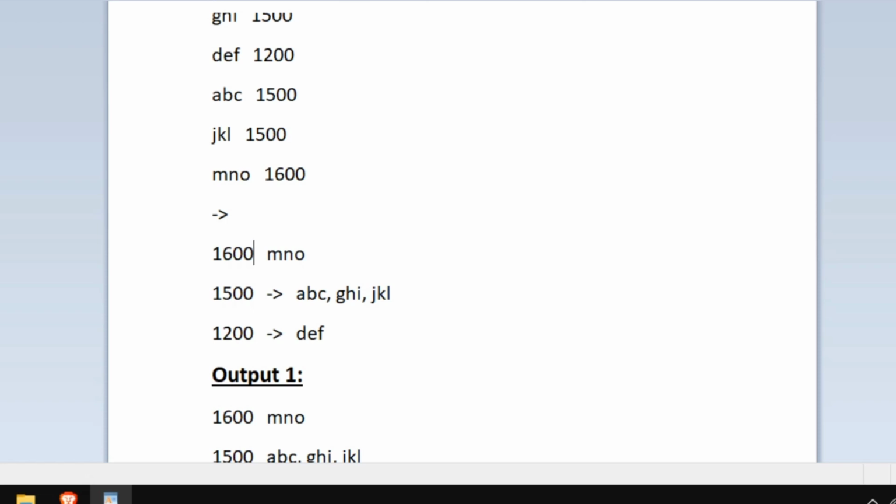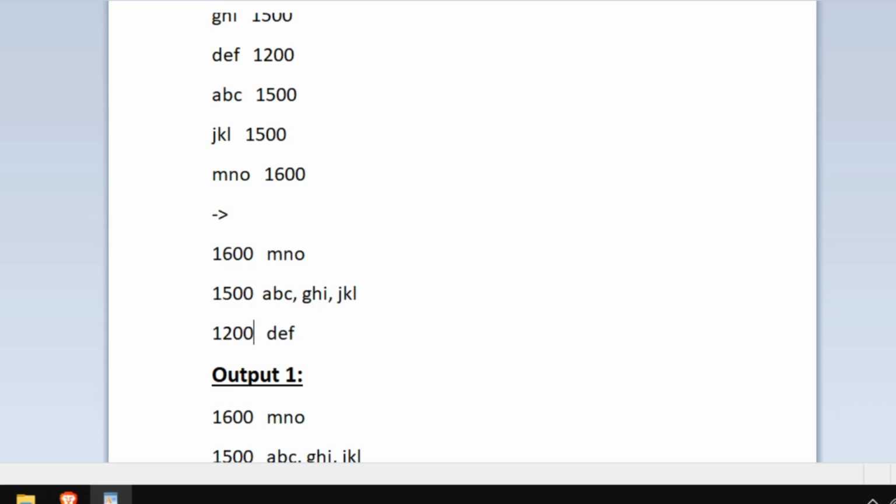So we should print the purchase amount and then, separated by a space, the customer names. So like this we have to print our output according to the purchase amount. So the next highest purchase amount is 1500 and the customers are ABC, GHI and JKL, and then the third highest purchase amount is 1200 and the customer name is DEF.